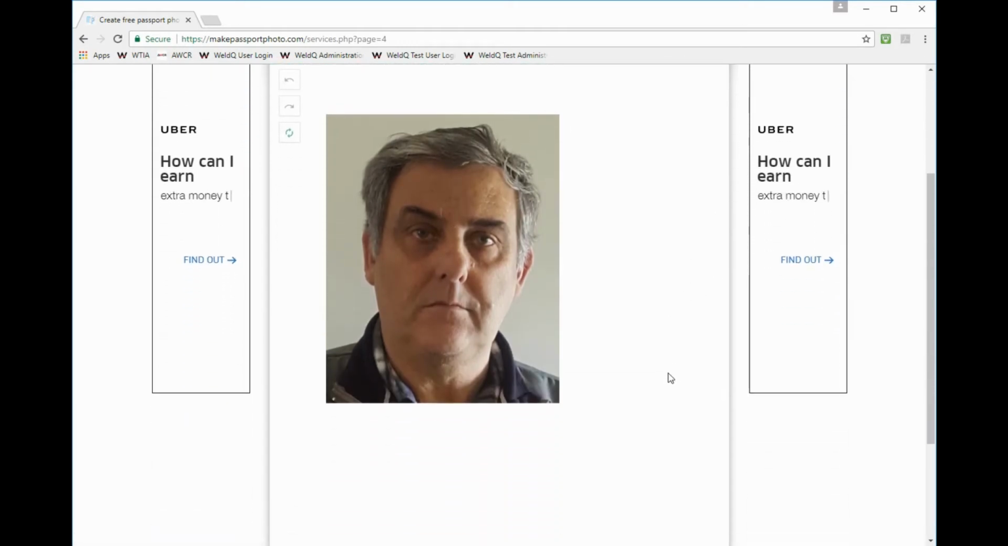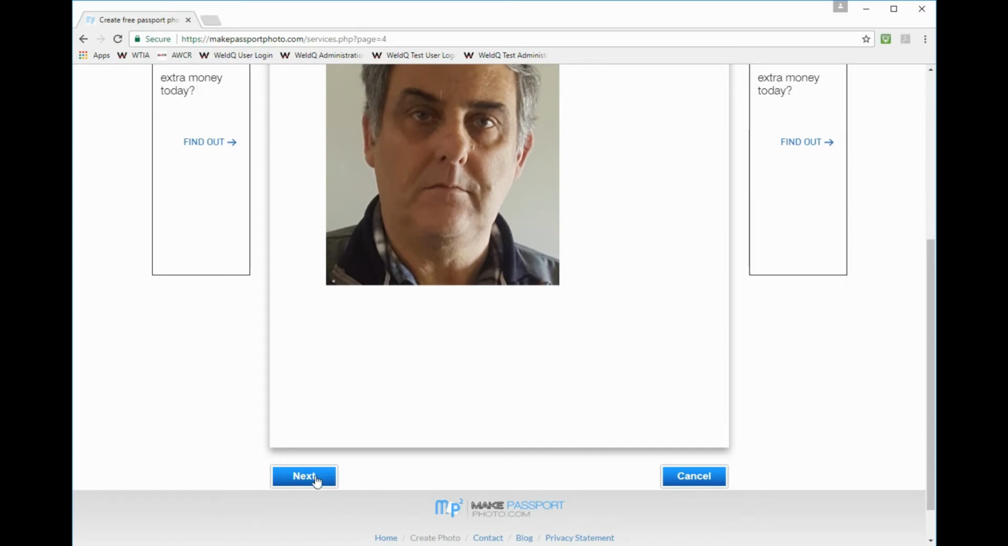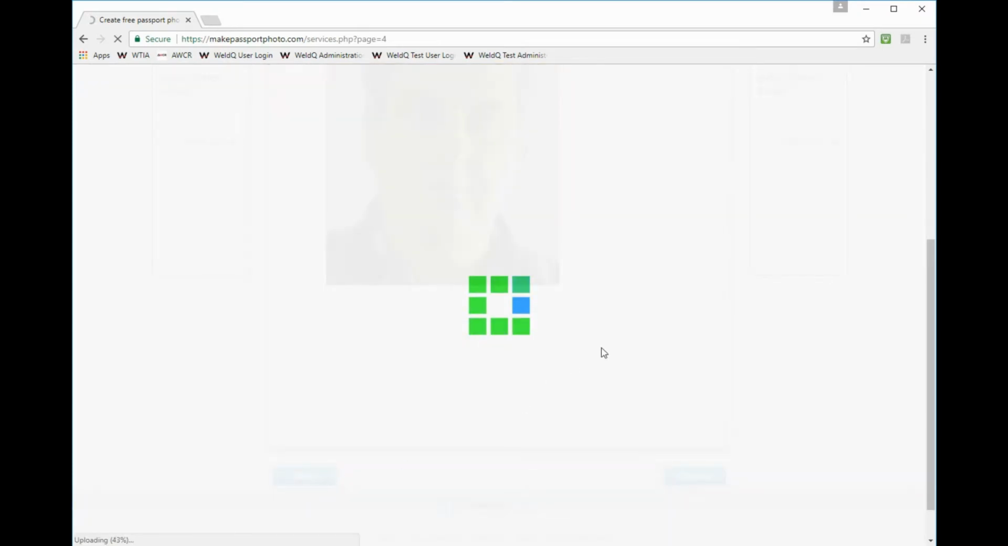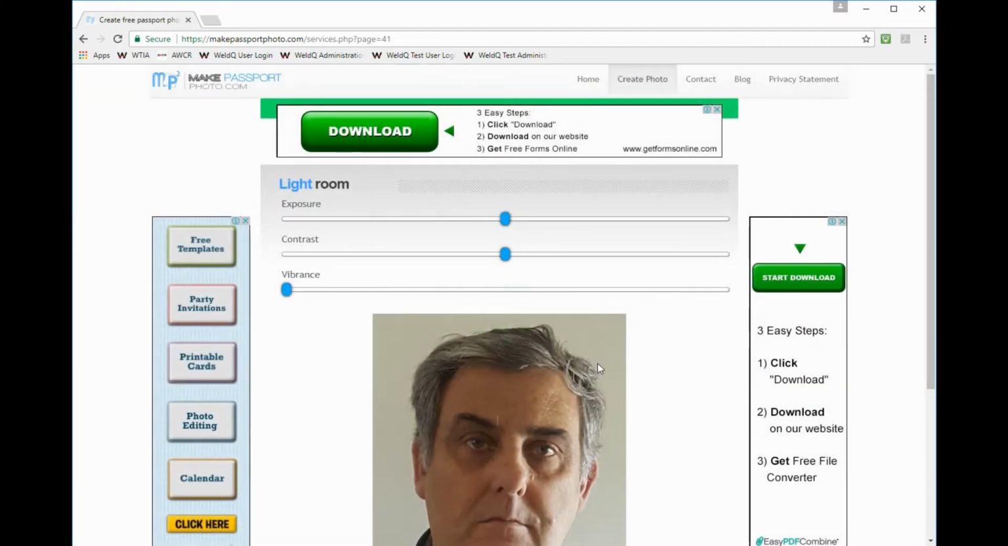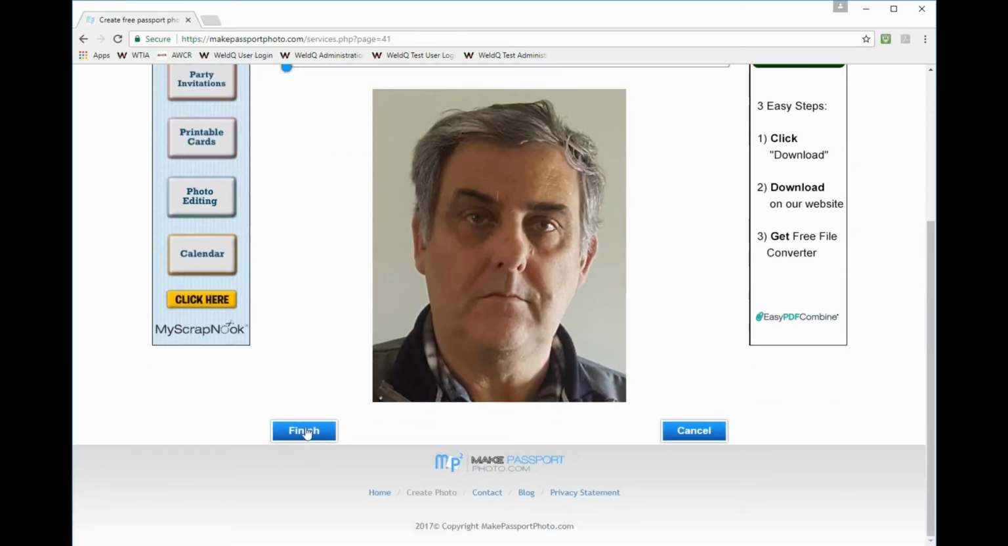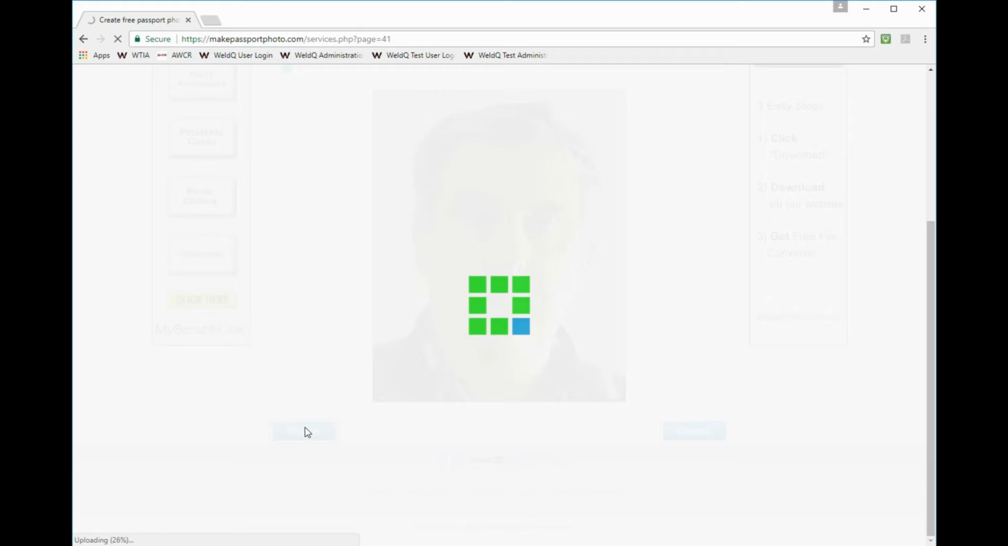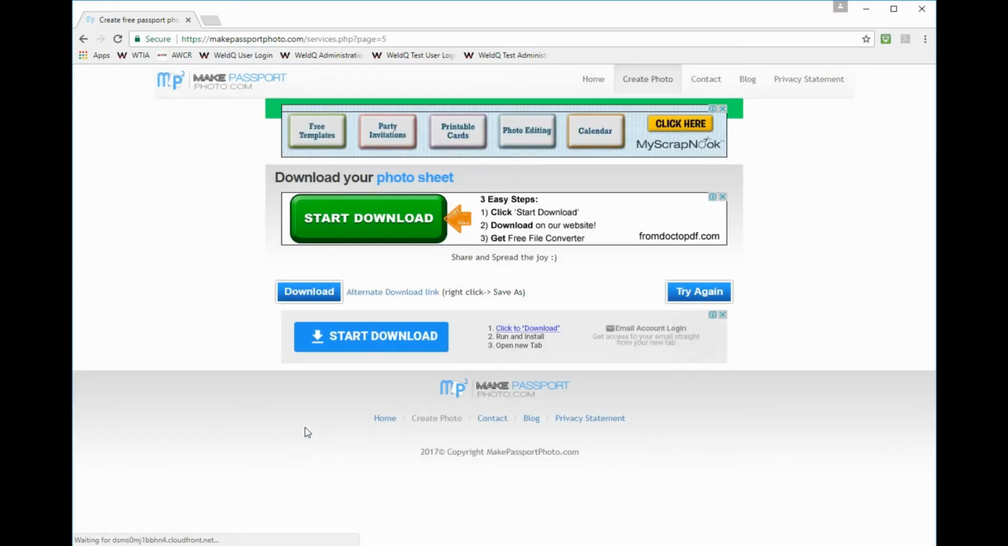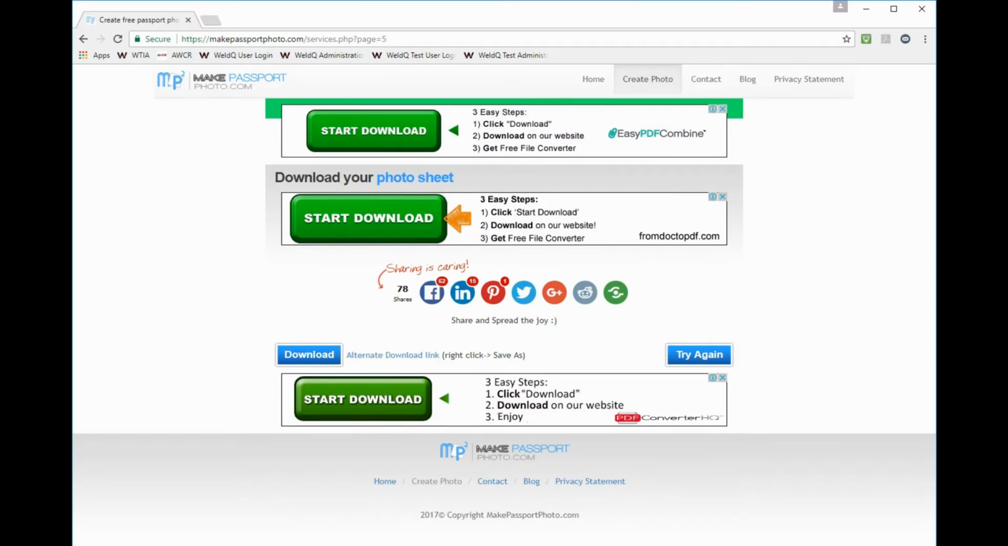If you're happy with the image, click Next. You can adjust the image if you wish, then you can move to Finish. To download the image from here, just click on Download, or alternatively Download link. Just click here on this blue Download,